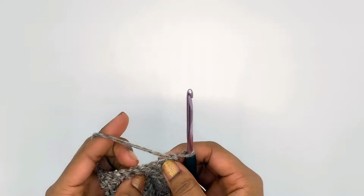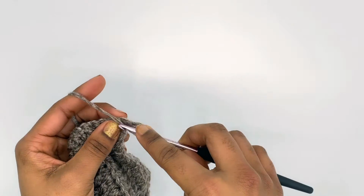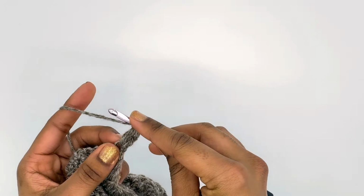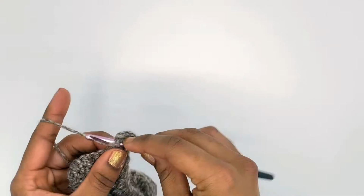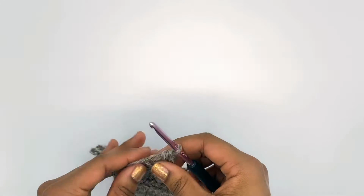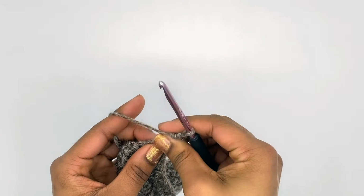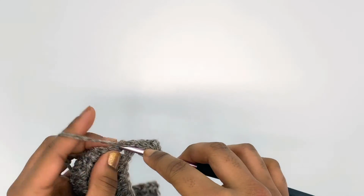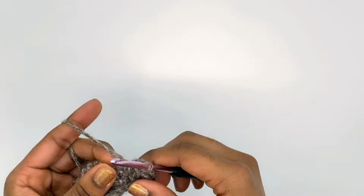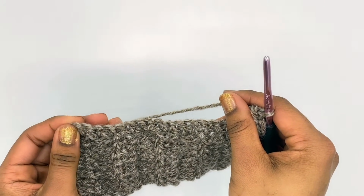So we're going to place 2 half double crochets in this same stitch that we just crocheted up from. So I'm just going to do a normal half double crochet, and then in that same exact stitch we're going to place another half double crochet right there. So now we have that one chain up one and 2 half double crochets, so we are only counting those 2. And now for the rest of the row, we're just going to place 1 half double crochet in every